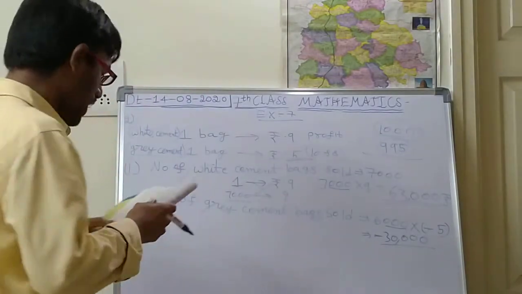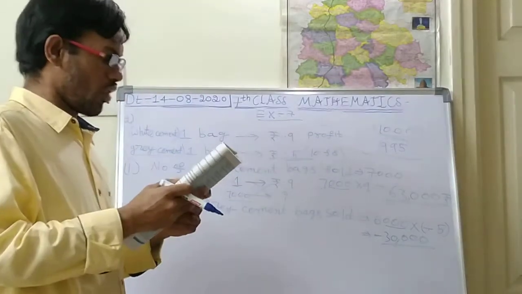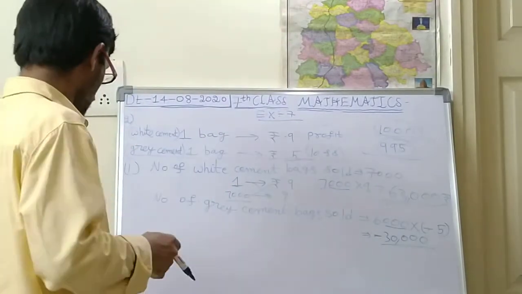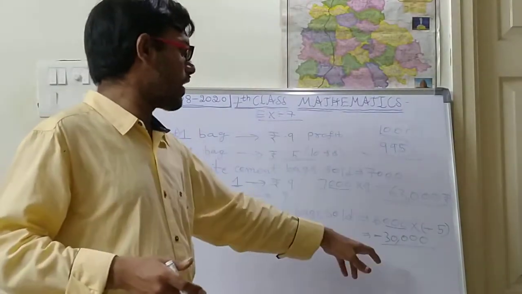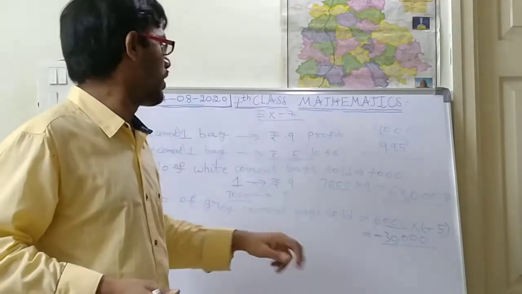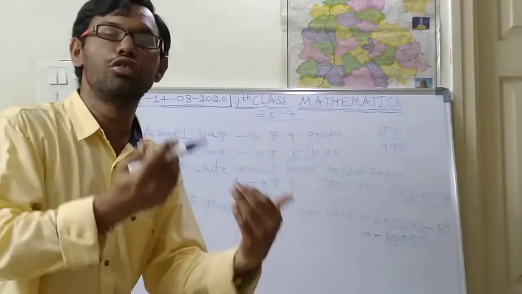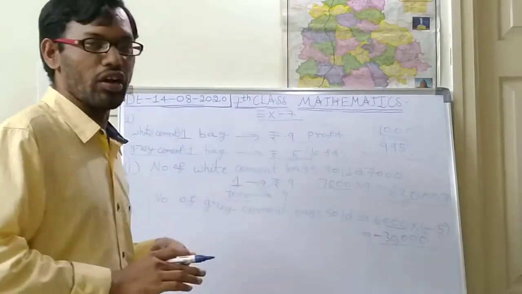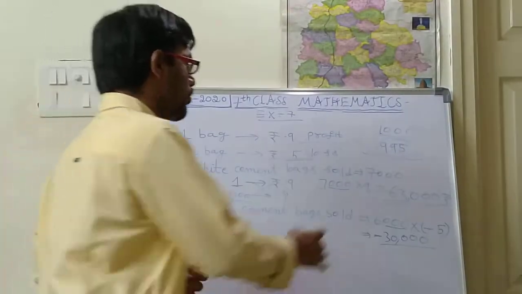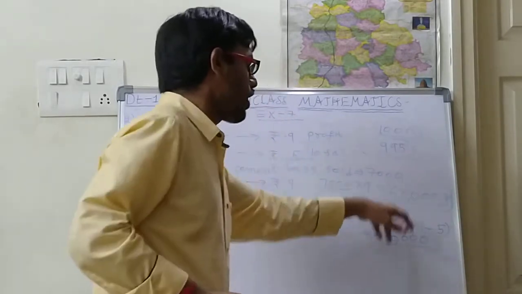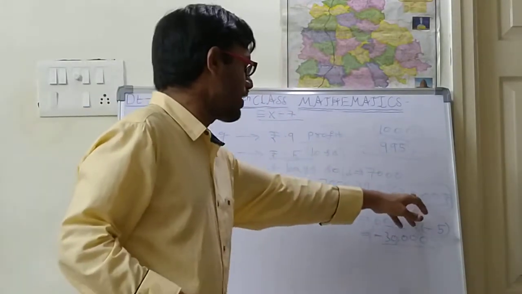Now what he asked, see, what is its profit or loss? So finally, did they get profit or loss? Did they get extra money or did they lose extra money? We have to find. So how do we find? Whatever the total profit and loss is, you have to add these two.